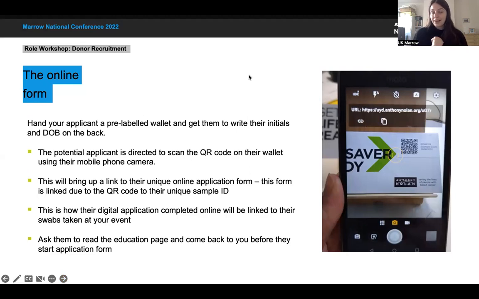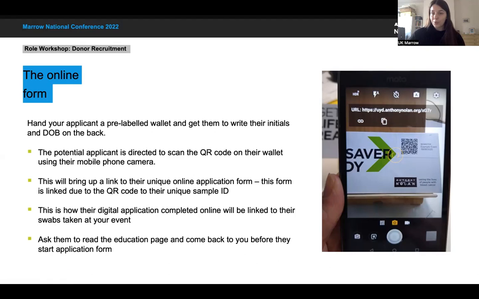So, as you remember, we pre-labeled some wallets earlier on. They should have a QR code on the front and a barcode on the back. So if a donor is happy to go on to donate, you grab one of those wallets from them and you get them to scan the QR code on the front. And that should bring up a link at the top, and they click that link